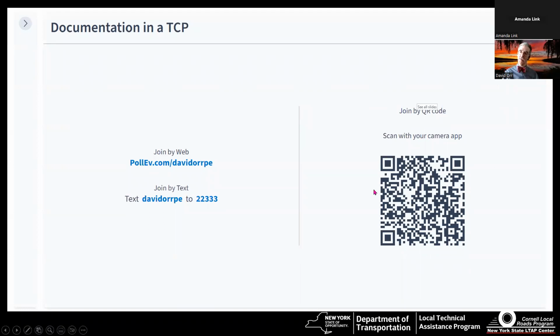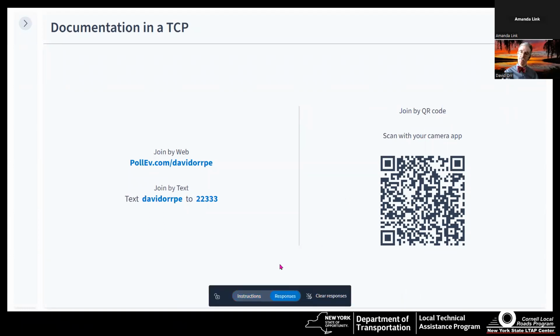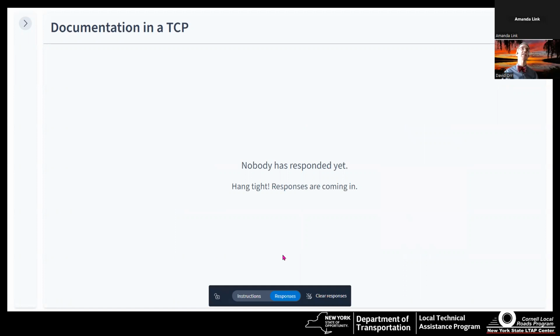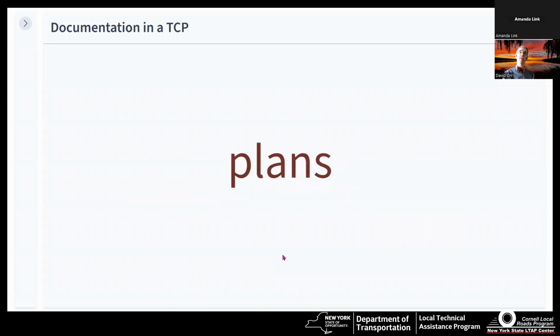and let's just see here if the poll is working now. Let me just see here. See if you guys can put in, and I can actually try myself. Let's see if poll EV will work. Again, I know this trick sometimes works for me. Okay, they are working again.